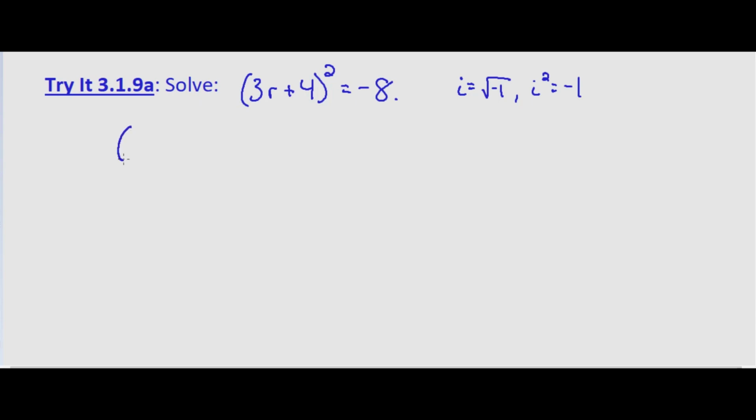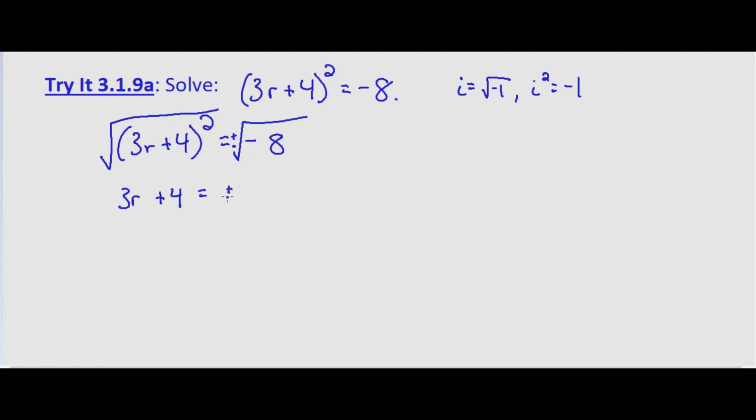So we have (3r + 4) squared equals -8. We'll take the square root of both sides. Remember to take the plus or minus on the right-hand side. The square root of (3r + 4) squared is just 3r + 4. And that equals plus or minus the square root of -8. Well, that's the same thing as plus or minus the square root of -1 times 8, which is the square root of -1 times the square root of 8. The square root of -1 is just i. So we have the square root of 8